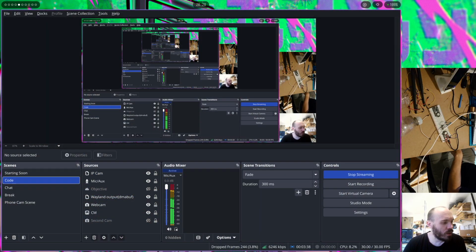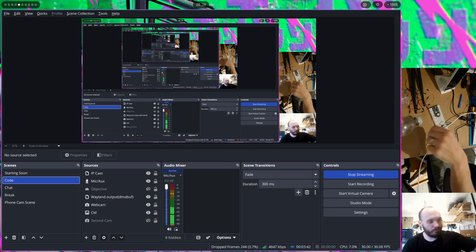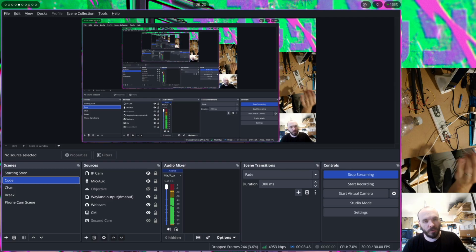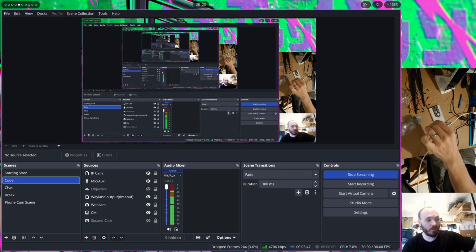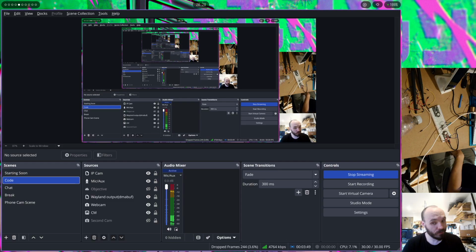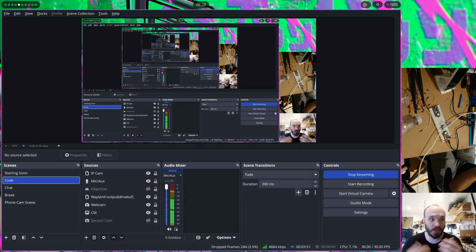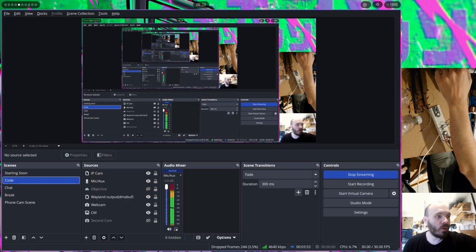which is interesting because I don't know if it has a loop where it restarts, but the ESP32 definitely booted before I had OBS running. So I wonder if it catches it at the right time. All right, so